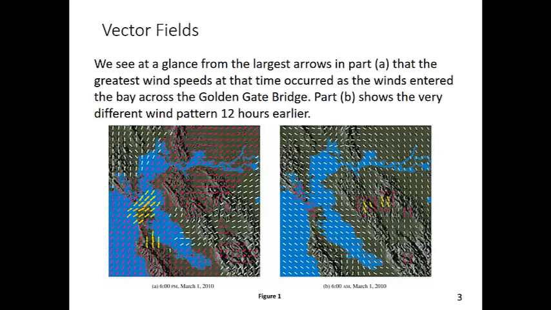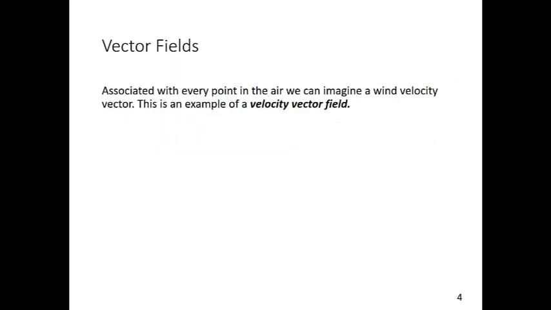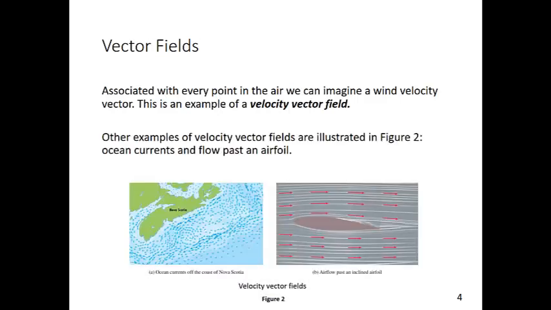Part B, however, shows a very different wind pattern 12 hours earlier. Now, in these pictures, associated with every point in the air, we can imagine a wind velocity vector. So this is an example of a velocity vector field. Some other examples of velocity vector fields are illustrated in the pictures below as ocean currents or as flow past